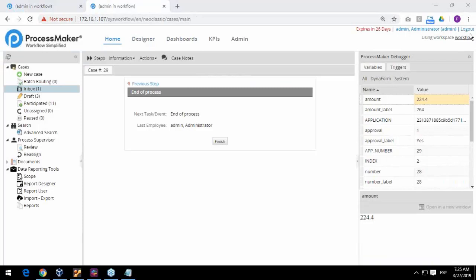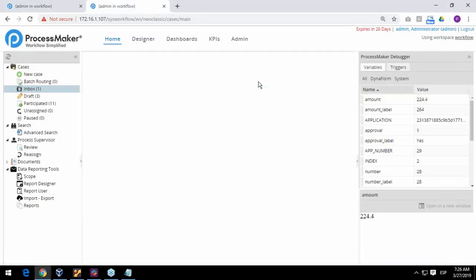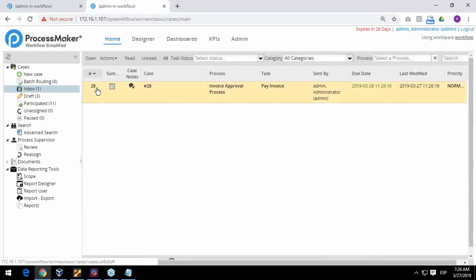Now that one is going to be transferred to the last Dynaform, but it's not the last Dynaform, it's the output document that we have in our last task of our process. So I'm going to click on finish here, and then move it here to the 28,